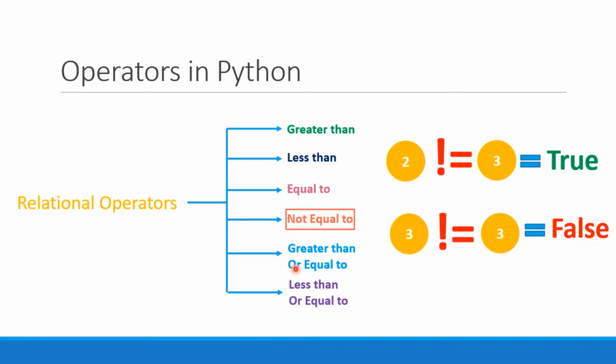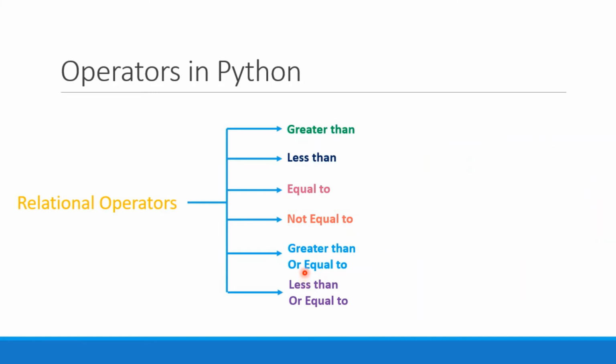Now these two operations are a little bit interesting, like greater than or equal to. Here we have one more option, greater than or equal to. Let's say I have 2 and then 3, and I am applying the greater than or equal to operator. Here you can see that for greater than we just used half part of this symbol. But for greater than or equal to, we have written equal to as well with the greater than symbol.